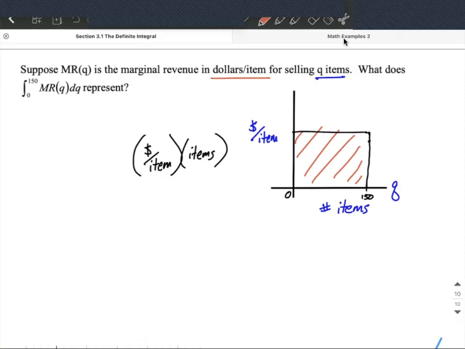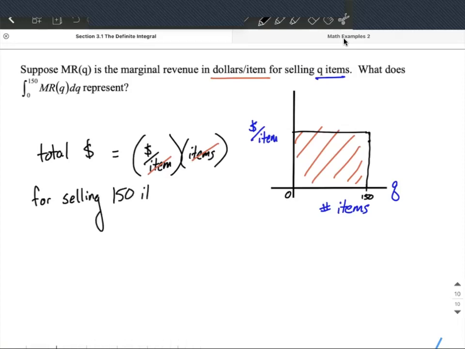But look at our units. They work out that items cancels out with items, so it's going to be the total money that our computation is going to give us. So the total money for selling